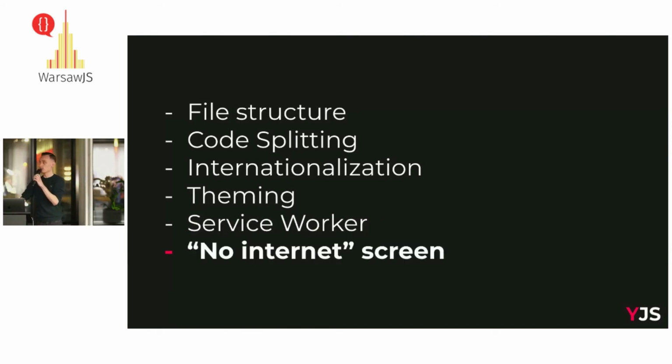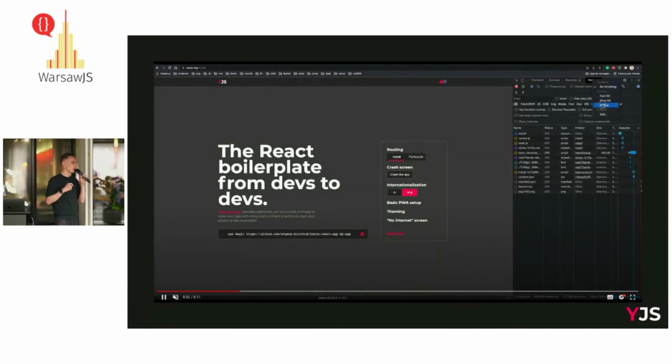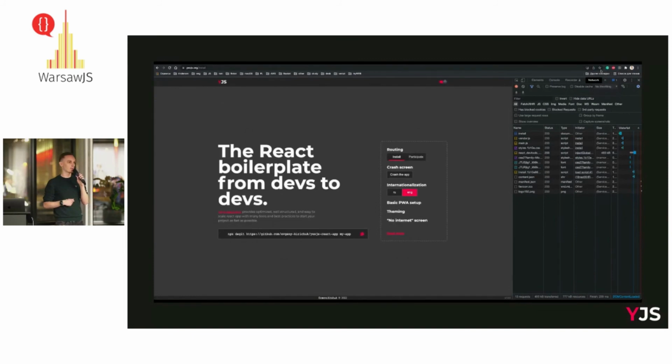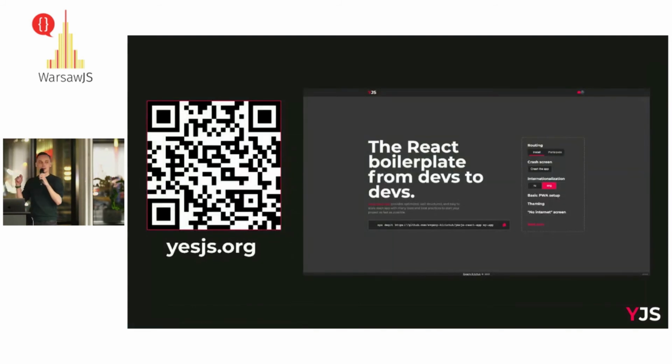And thanks to the worker, we can implement notifications that will be shown when the internet goes down. So a user with network issues won't play the dinosaur game, but will be able to use our application even without the internet, and will be warned about the network interruptions. And all these features I've packed into the Yes.js React App boilerplate, so I can use only one command, and all these features are already implemented in my new React project.